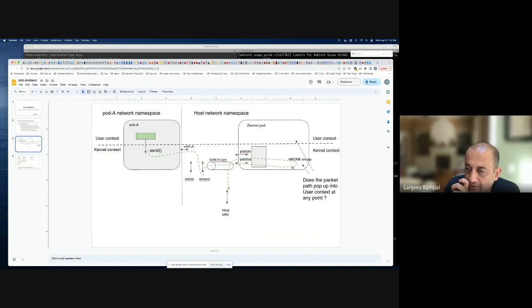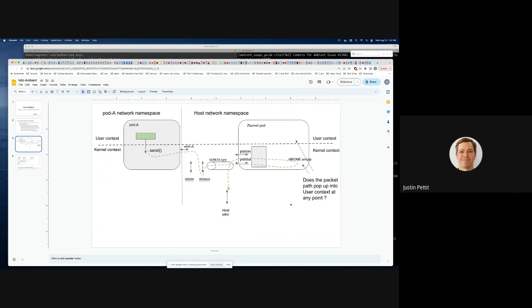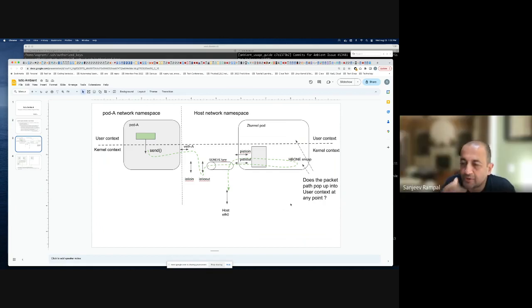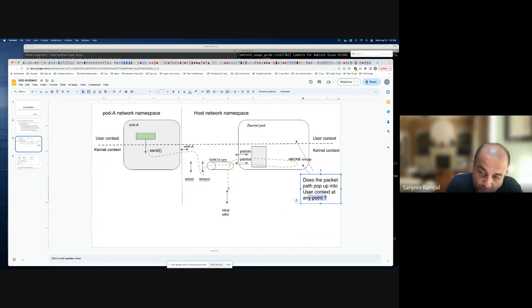Just for my own understanding, do we intend to have an optimized version that can do it entirely in kernel context? We think that's going to be difficult because HBone is HTTP CONNECT over mTLS, and those are both fairly hard to do in the kernel. Okay, so